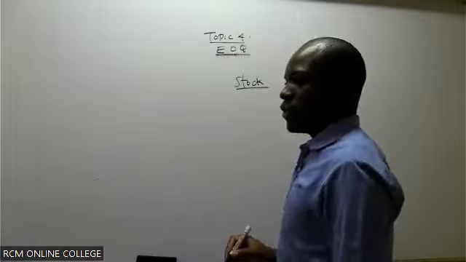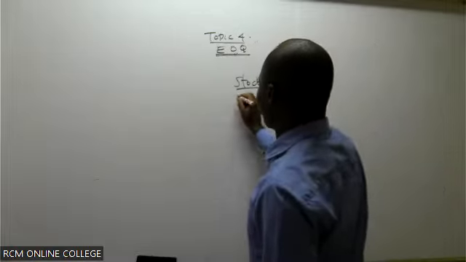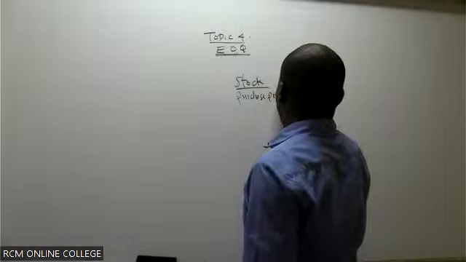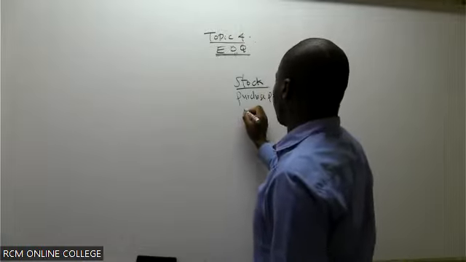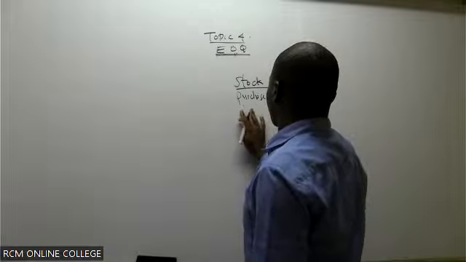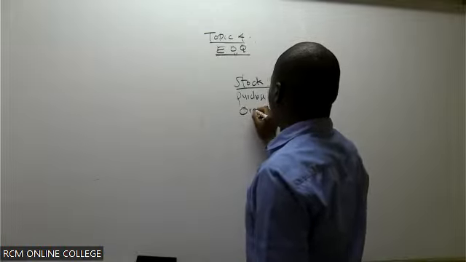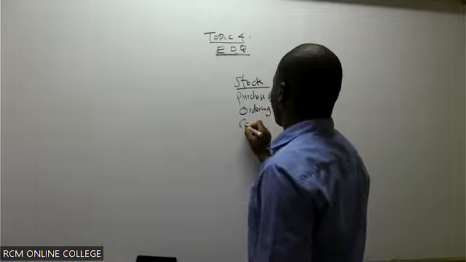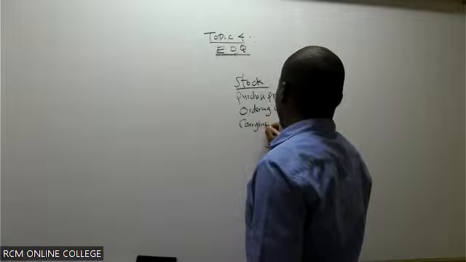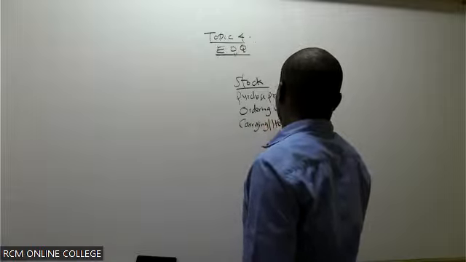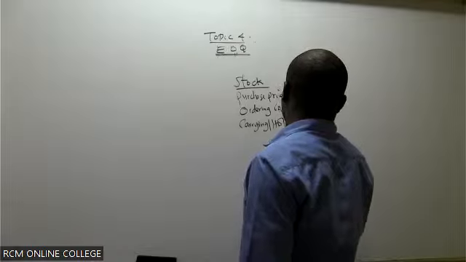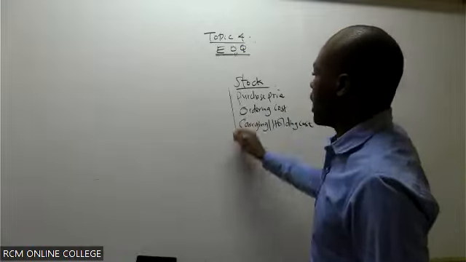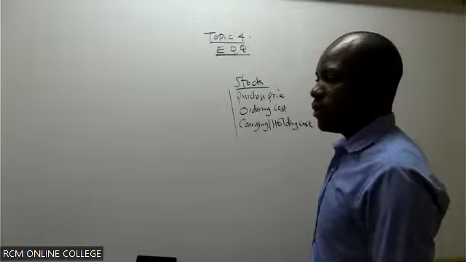You are going to tell us we have the purchase price. We need to take care of the carrying cost, ordering cost. We need to look at what we call carrying, or holding cost. So these are some of the costs you are going to incur to bring this inventory into the company's